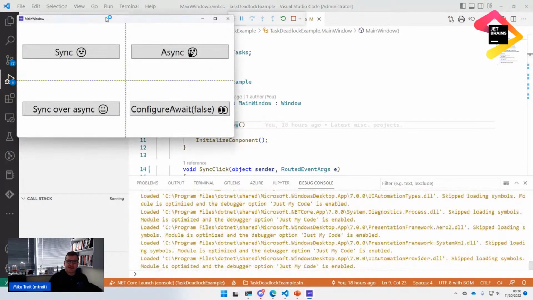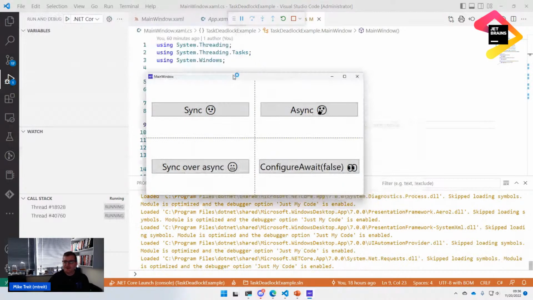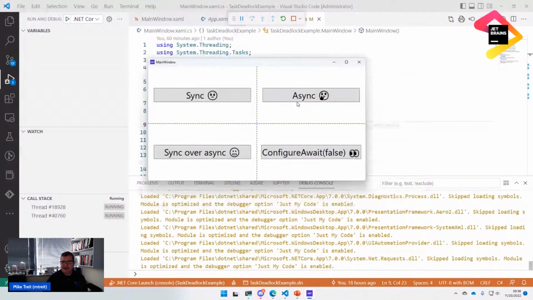It's thinking about starting. Okay, here we go. And what this code does is, if I click this, I'm just going to wait 50 milliseconds, and then I'm going to show a little message box. And I have a synchronous version. I have an asynchronous version. We've got this configure await one. I'm going to explain what that is. And then we've got this sync over async, which if I click, well,